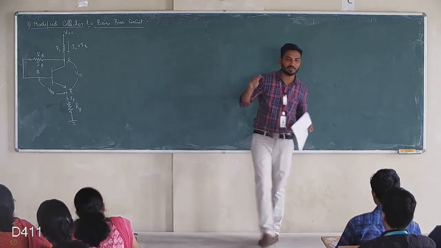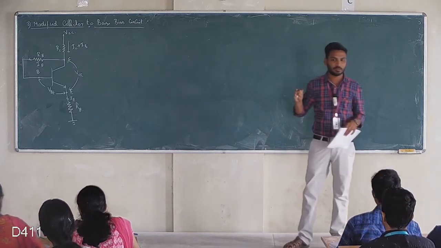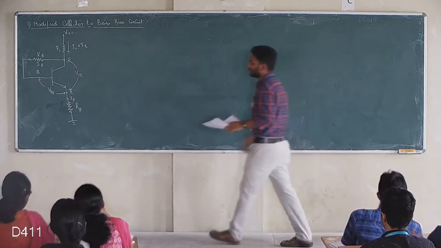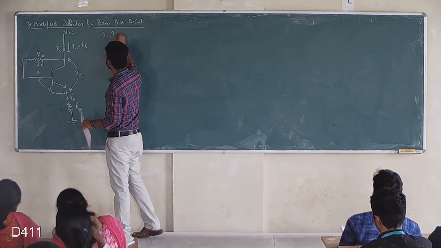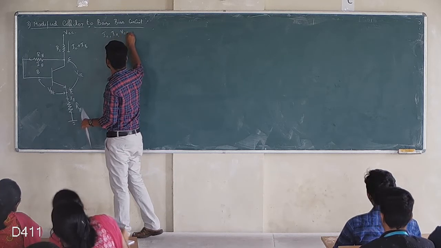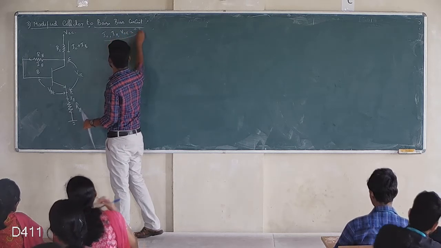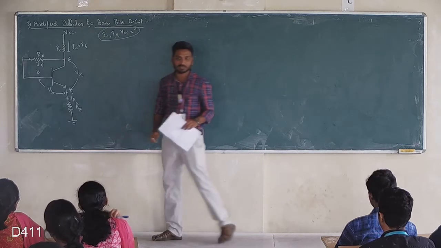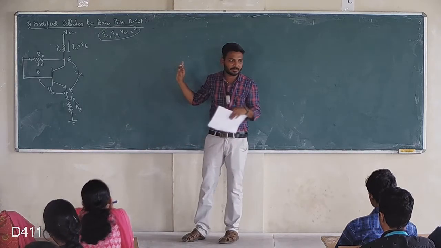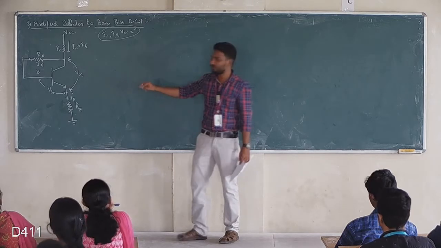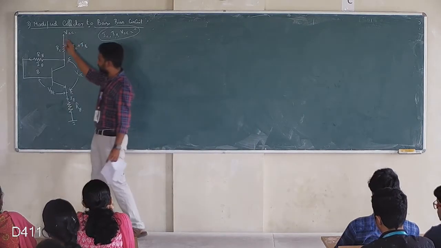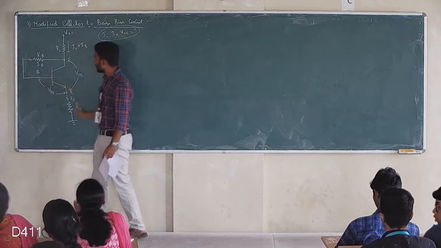Okay, what are the three parameters we have to calculate? IC, IB, VC. These are the three parameters we are going to find. First, apply KVL at the base circuit, which means this branch. Okay, so I can write